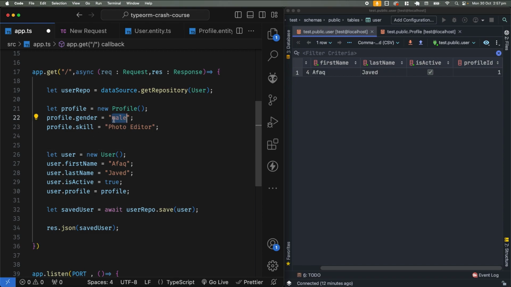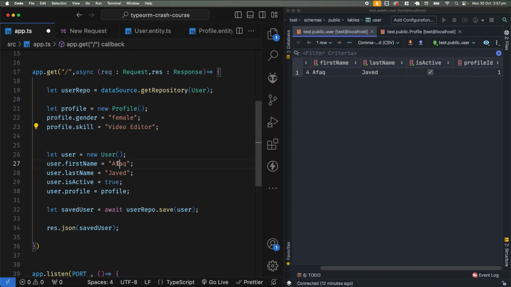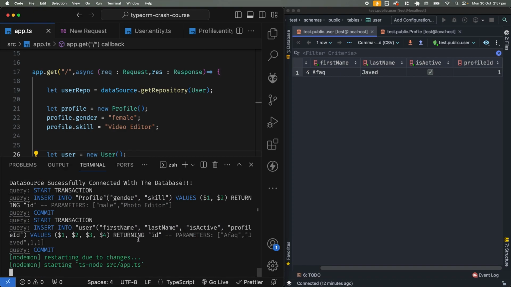Let's say I want to change this to maybe something like female, and let's change some things. So it's female, and let's say I want the skill to be video editor, and let's change the name to something like Sarah Jamshed, and it's active and it's having this profile right over here. So for now, if you save this thing and I open my console, you can see